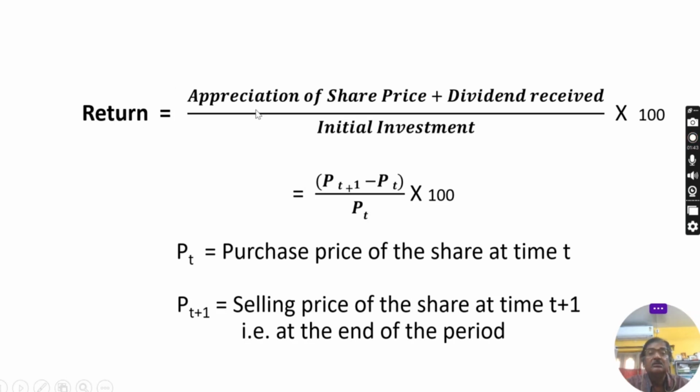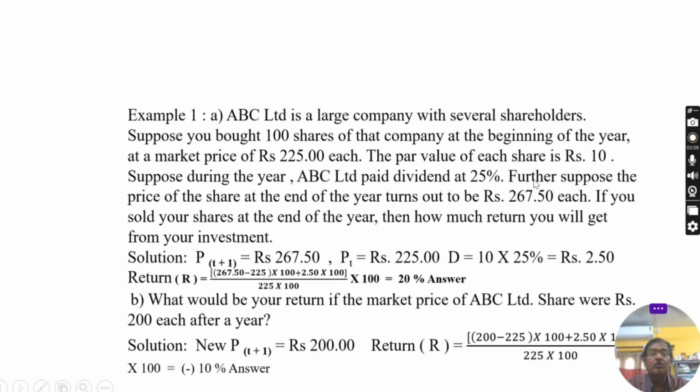That's why the formula for computation of return for a share is appreciation of share price plus dividend received during the period, divided by the investment, and it is multiplied by 100 to get the return in percentage. This is the formula. Now, for better understanding,